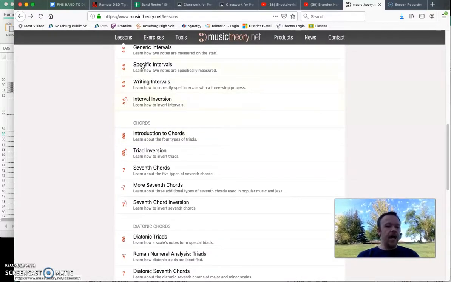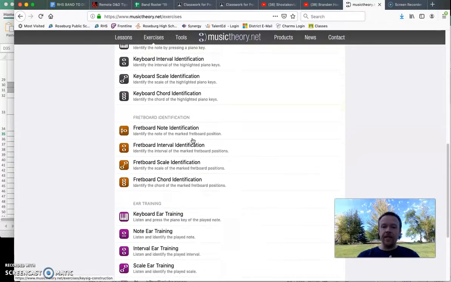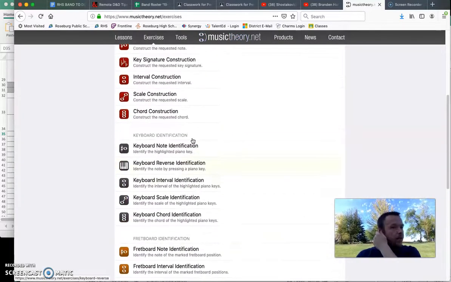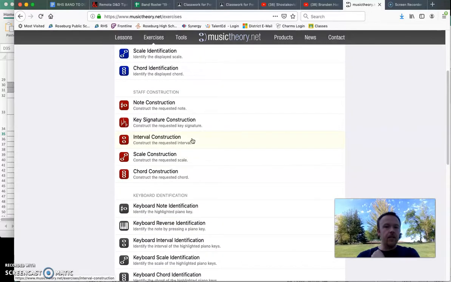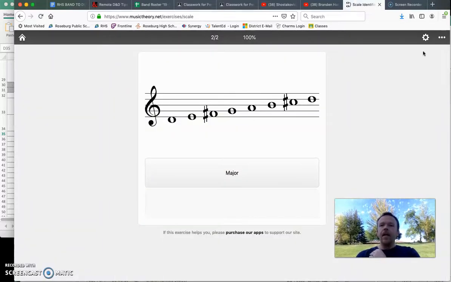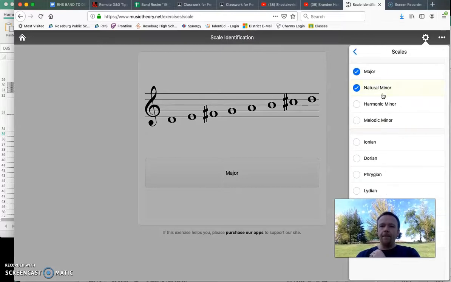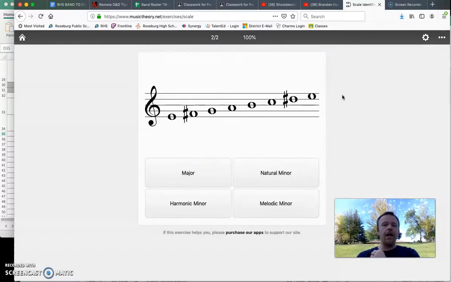If you go to the exercises, okay, then there's, again, like I said, a ton of different things here. I'm going to pick one. I'm just going to pick scale. There we go, scale identification. And so I'm going to reset something really quick. Sorry about that. Okay, so then it'll just give you a scale,